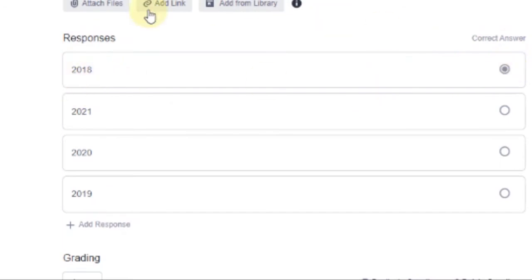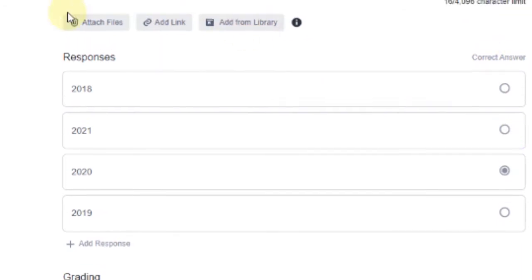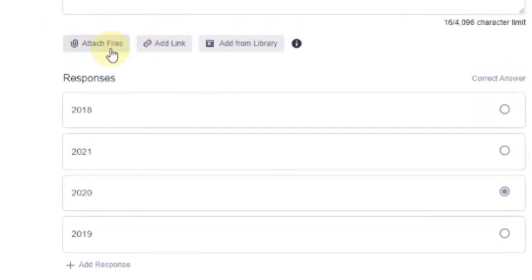Since our question is what year is it, we're going to choose 2020 as the correct answer. Be careful with this, because if you have selected the wrong entry or response or answer, of course, the scoring will be affected. Right? You can also attach files to it if you want students to read something regarding that question. Add a link if you have created this same question or the same quiz in another site,